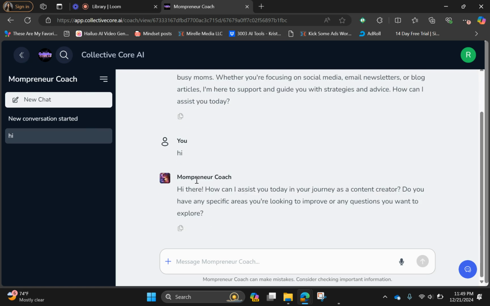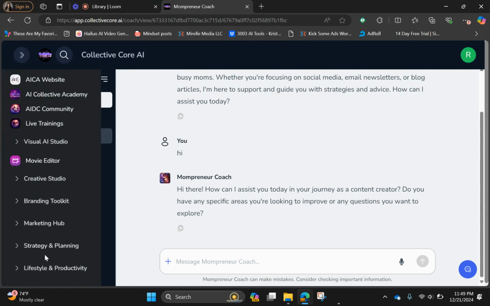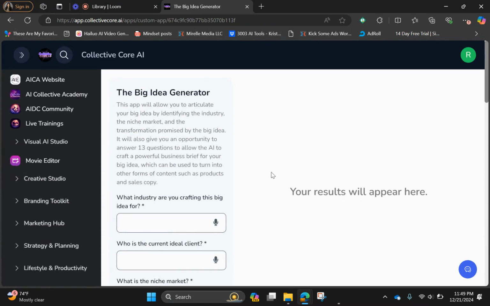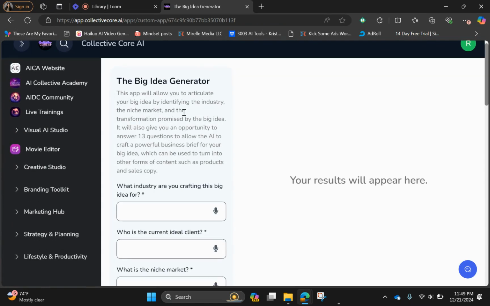You can talk to it whenever you want, as many times as you want, and it'll show the conversations on the left side. Okay, and then the next one, the Big Idea Generator. This is an app that I created. So this app will allow you to articulate your big idea by identifying the industry, the niche market, and the transformation promised by the big idea.